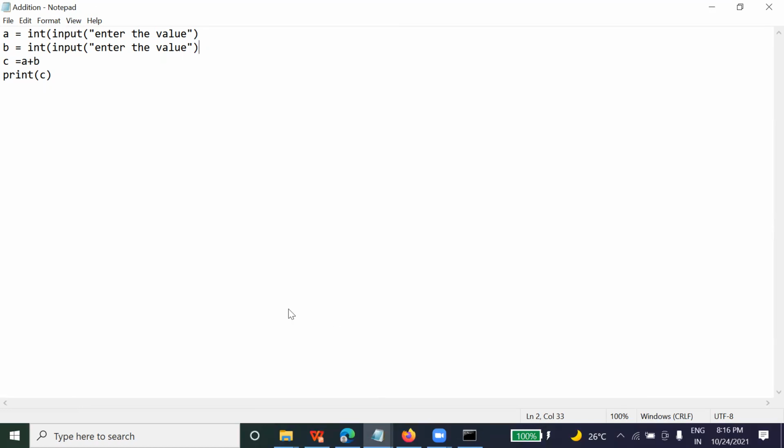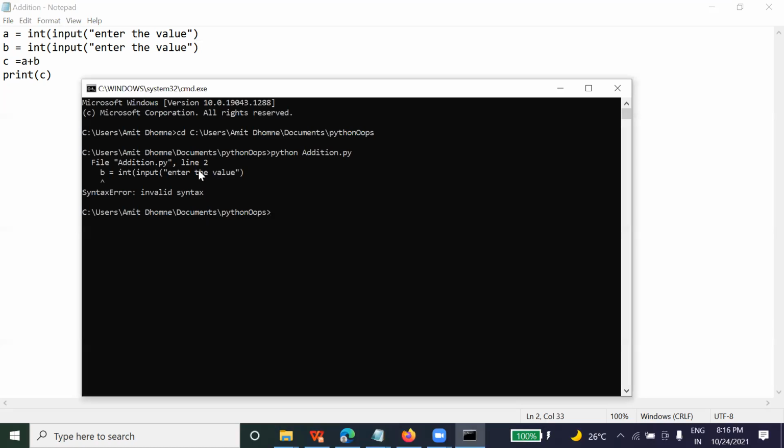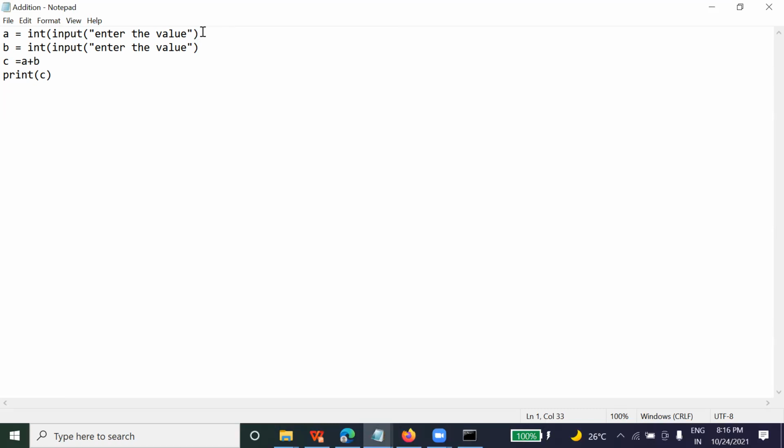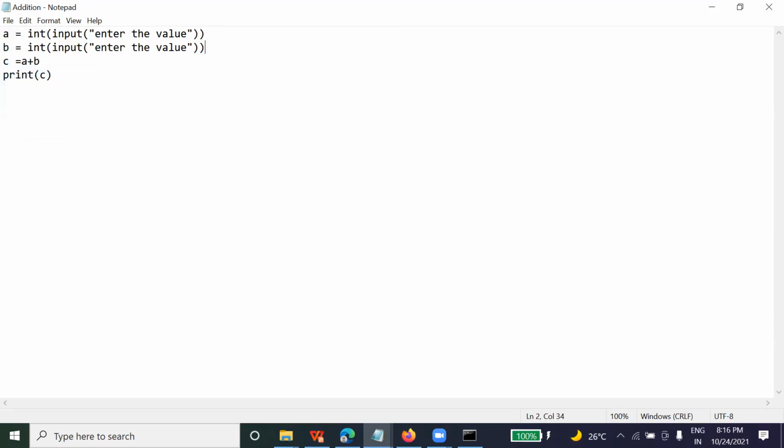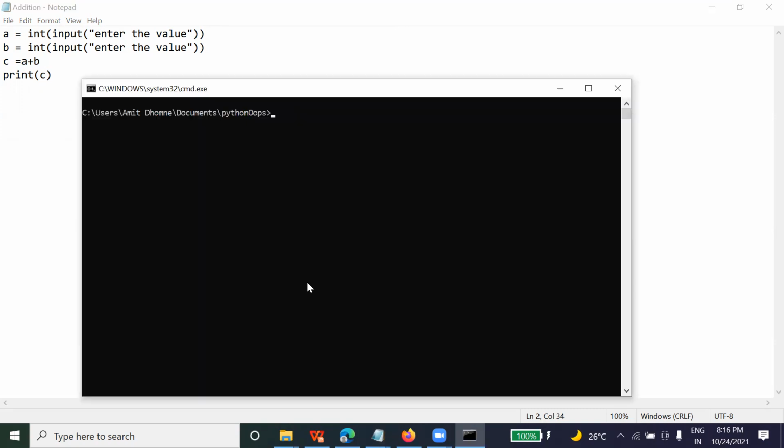You need to close the bracket. Yes. The bracket is already closed? Okay, yeah, I was missing one parenthesis here. So this is the way of finding out the error as well. Now I save it. Now we're going to clear this first, and then rerun it.